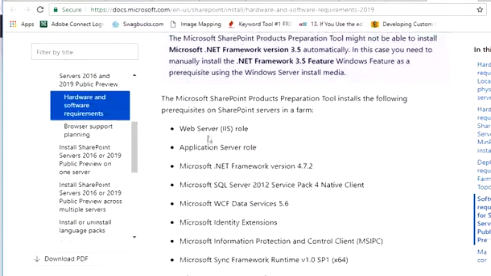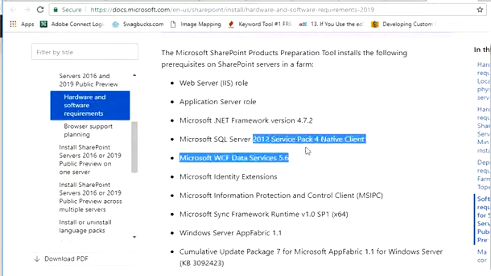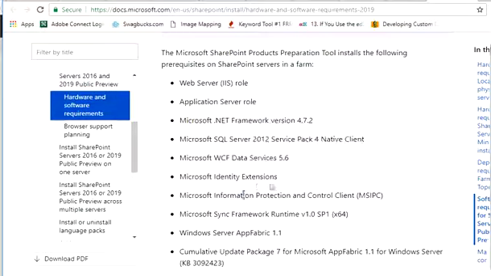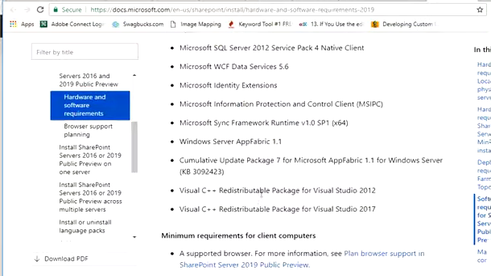All right. As I said, before I installed 2019 here, I did have some roles. I did have SharePoint 2016 installed. So some of these prerequisites, for example, this web server role, application server role, native client, WCF Data Services, identity extension, AppFabric, a lot of these were already installed for me.